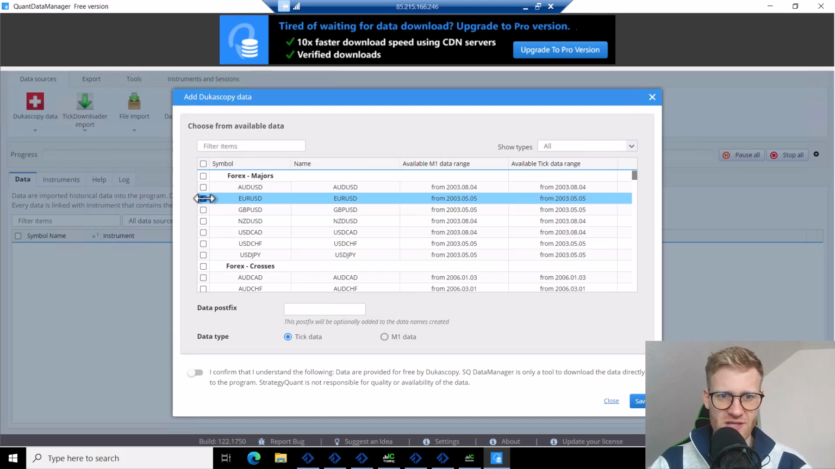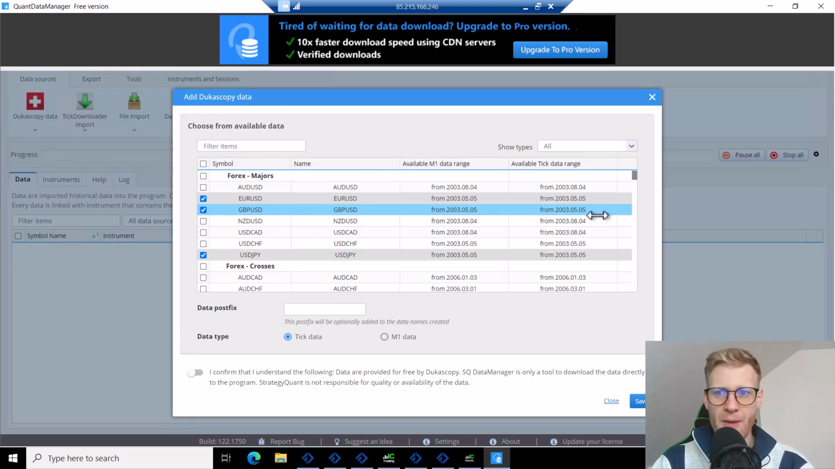For example, I want to get Euro US dollar, USD Japanese yen, GBP US dollar. But as I said, you can tick as many boxes as you like. It's not limited. And then here I tick the tick data. This is what I would recommend if you work with the MetaTrader 5. And then you have to check this